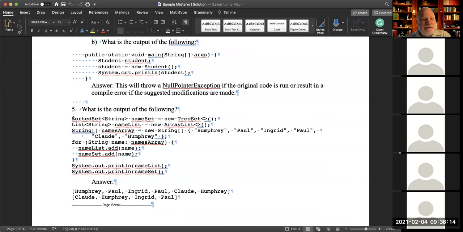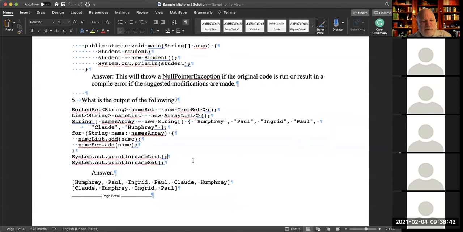Okay, so now this one has to do with the difference between a list and a set. Here was a set, here was a list, and then here's an array. The for loop adds the name to both the list and the set. And what do you get when you print them?